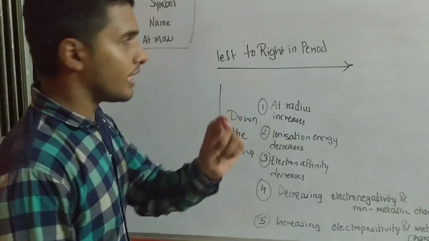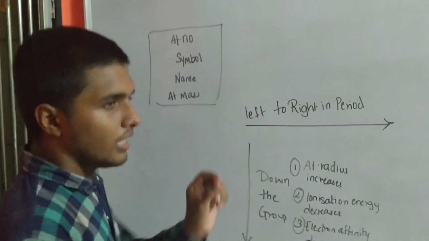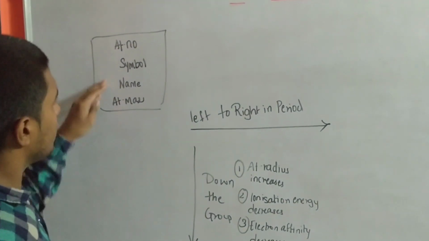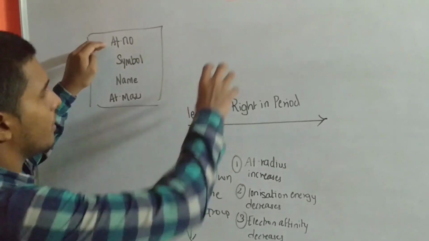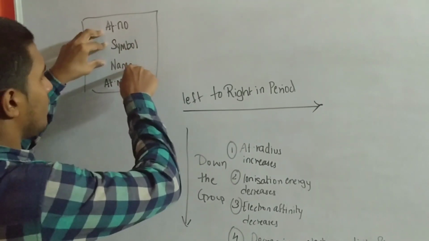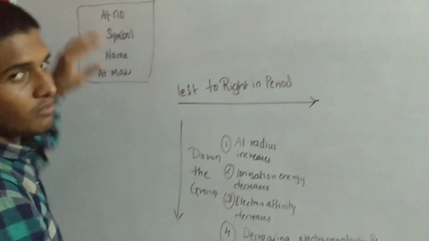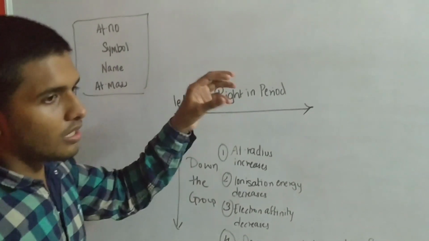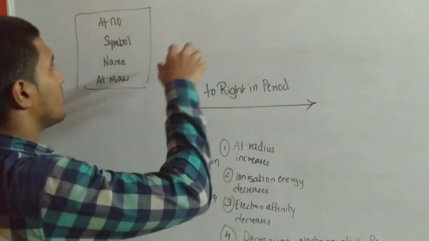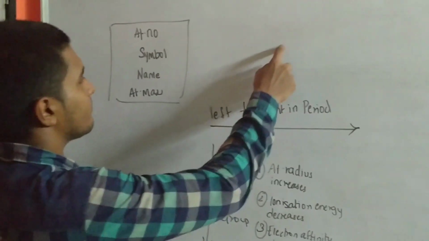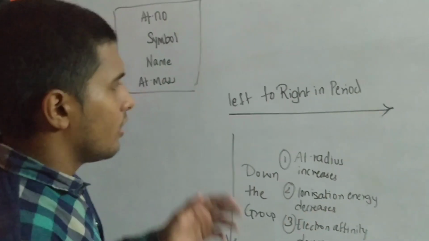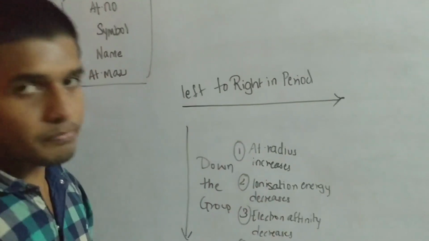So before that, one thing I have to say: in this particular periodic table, each and every element, if hydrogen is seen, has a certain arrangement. First, in that particular block itself, we have the atomic number, then the symbol, then the name of the element, then its atomic mass number. For example, if I have to write hydrogen in the periodic table, I have to write its atomic number first at the top, then its symbol H, then the name hydrogen, and the atomic mass of hydrogen, that is 1.